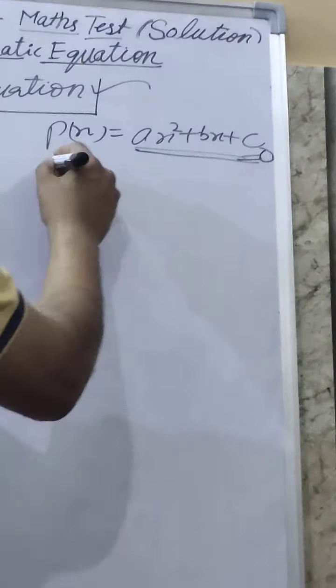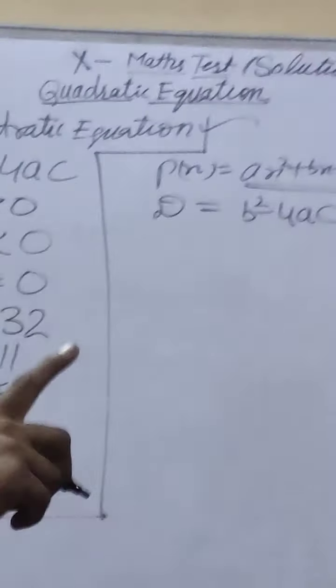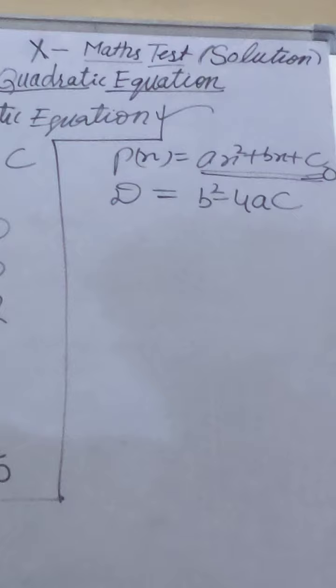Now second question was, for the given quadratic equation, what is the discriminant given by? And it was told, what is discriminant? Discriminant, it is the relation between the a, b and c. And it was given this b square minus 4ac is known as discriminant, which tells the nature of the roots. Understand? So keep in mind. So its answer is b square minus 4ac.